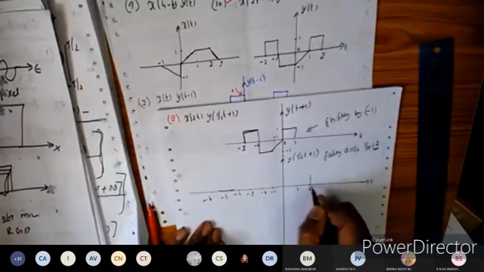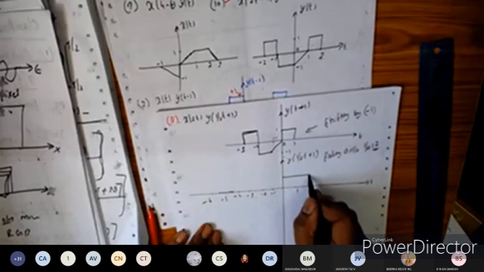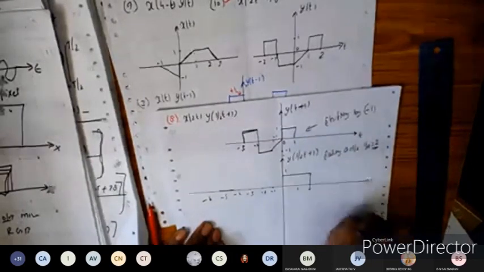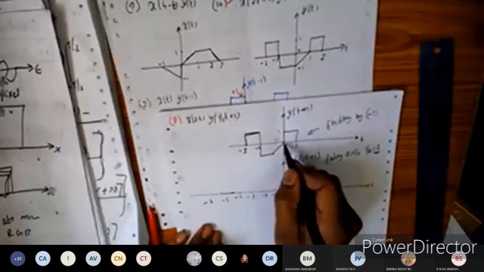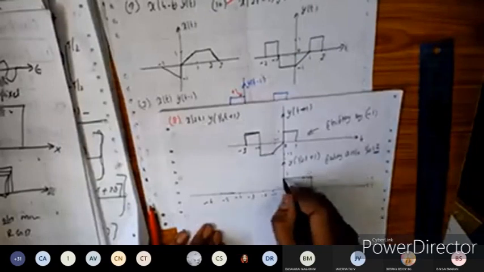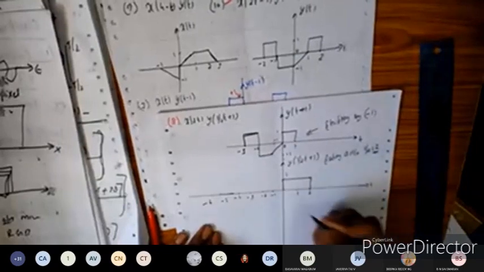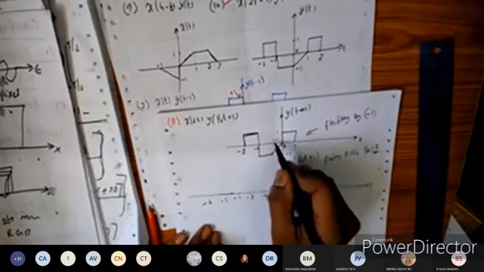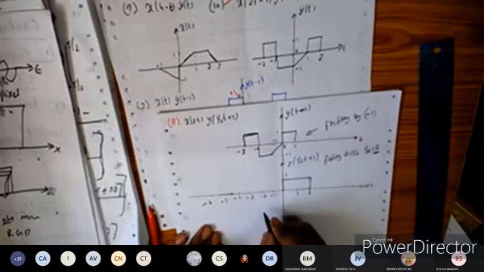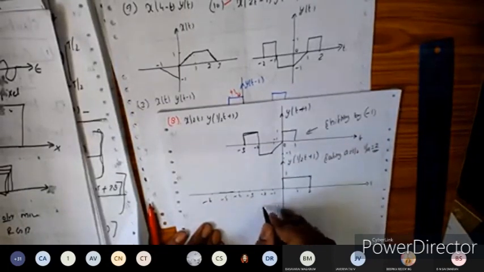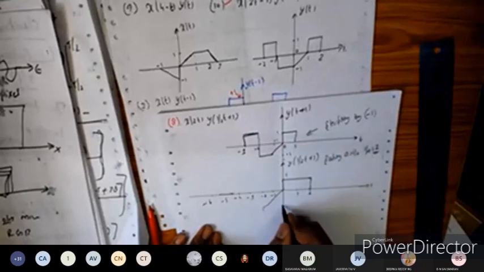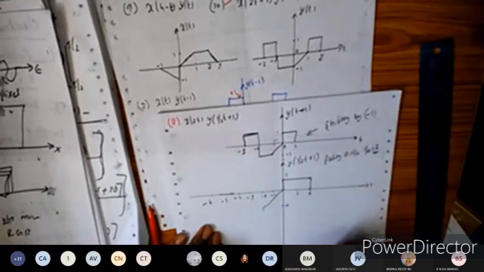So I'm going to multiply 2 with the 1. So this will become equal to 2. The waveform will be like this here. So its amplitude is 1. So next 2 into 0 will be 0 here. So it will come down like this. So next 0. Next 2 multiplied by minus 1 will be minus 2 that we get here. So minus 2. Let us mark the point here. Let us join here. So this is minus 1, the amplitude.